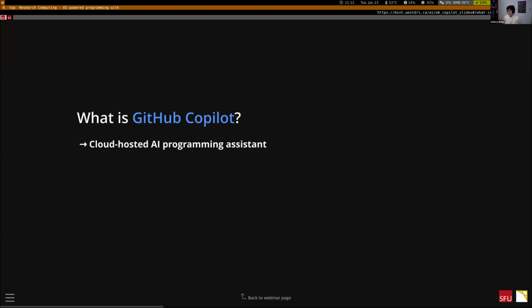So it's cloud hosted, it's run on a server, which I think is convenient, okay? It's an AI programming assistant. So it's in that first category of tools I talked about that are there to make your life easier, increase your productivity, do some code completion, but it's not going to solve problems out of the blue, producing totally novel code. You can think of it as an evolution from the very primitive code completion that IDEs and text editors started to have,